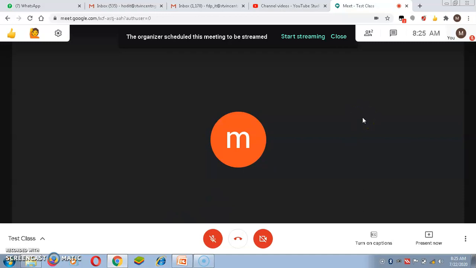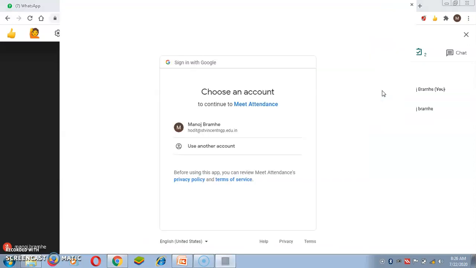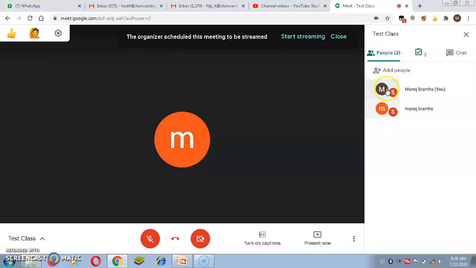In the previous video, I showed you the basic features of Google Meet: how to mute and unmute the audio using this button, and how to mute and unmute the video. This middle button is used to leave the call when the meeting is over. Then I showed you how to find out the number of users who are currently logged in through this one. If you are unmuting your audio and video, then their faces or their photos will be enabled here.